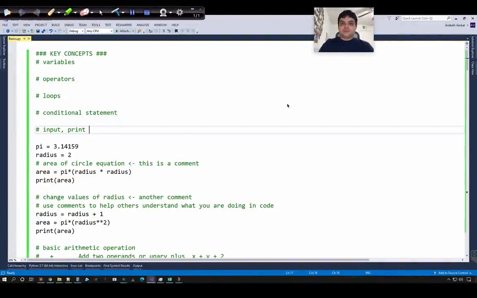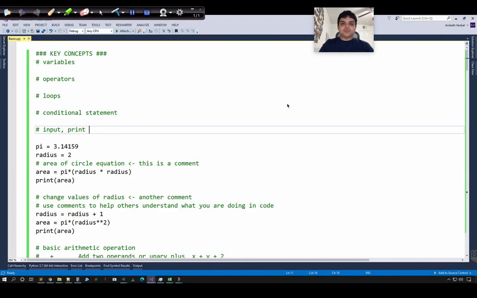Welcome back. In today's class, I will give you a quick and an informal introduction to Python. We will learn some key concepts like how to declare and define a variable, how to do basic arithmetic operations using operators, what the different logical operators are, how to write loops, how to construct conditional statements, and how to accept inputs from the user. We will see several examples that will help us understand these key concepts. And hopefully by the end of this class, we should be able to apply these basic building blocks to write